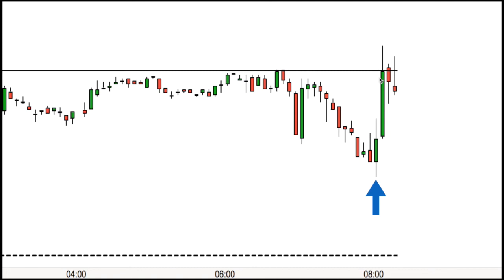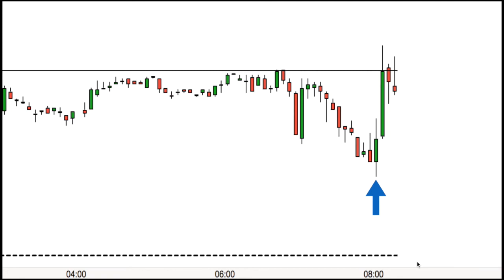And sometimes with scalp trades, I'll actually scalp 50% of the trade and swing the other 50% of the trade. So I'd take 50% of the money off the table when price reached here and leave 50% of the money on in the hope that price will go like this and I'll get more of a reward on the second portion of my trade. But in this case, because price was in a trading range with the upper boundary here and the lower boundary here, I'm not prepared to gamble on the fact that price is going to break out